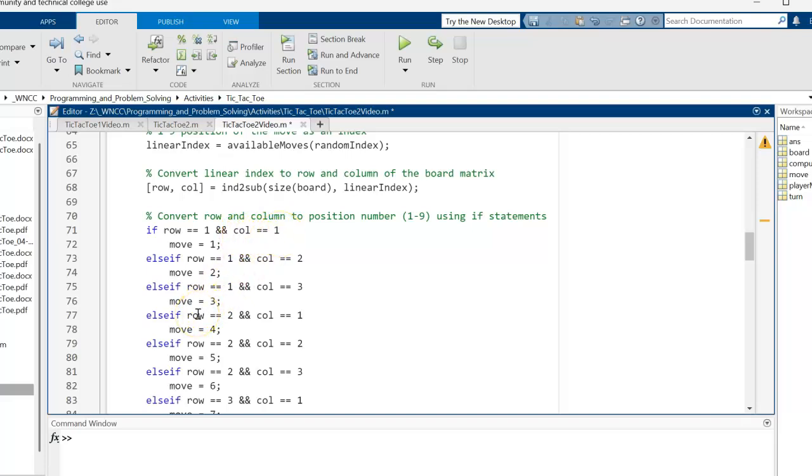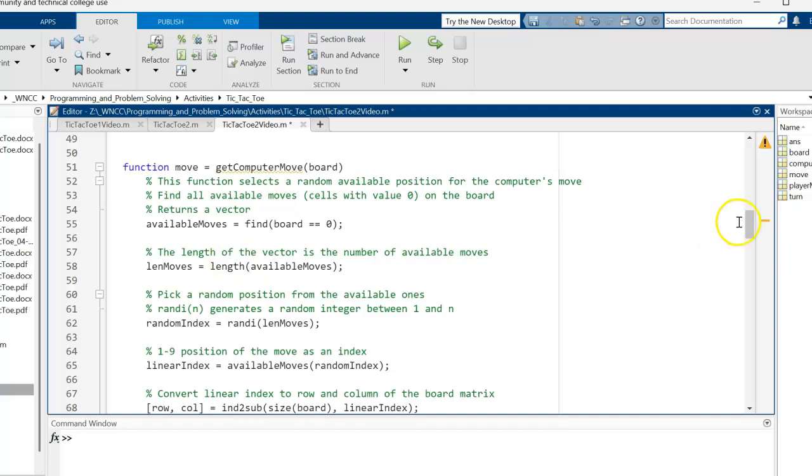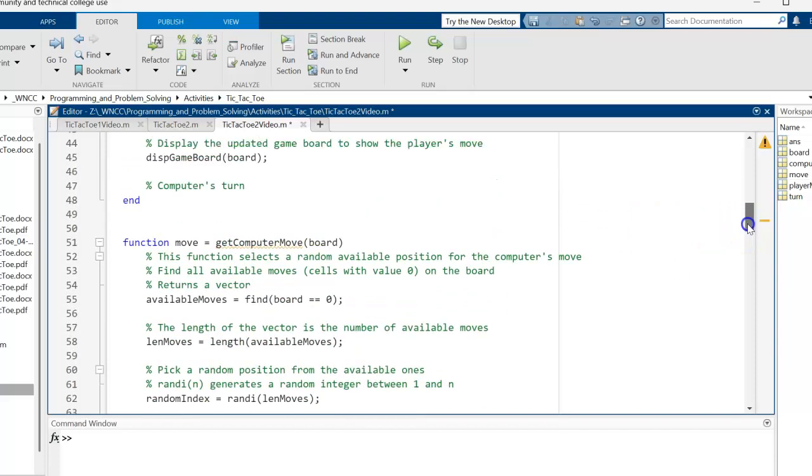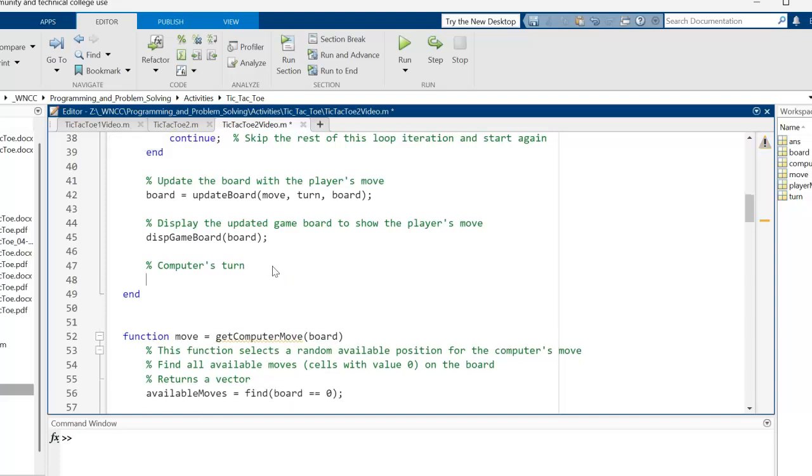If the row is 2 and the column is 1, the move is 4. When we're done converting that, the move will have a value that will be returned up to here where we have the call. The computer's turn. Well, we do get, oh dear,